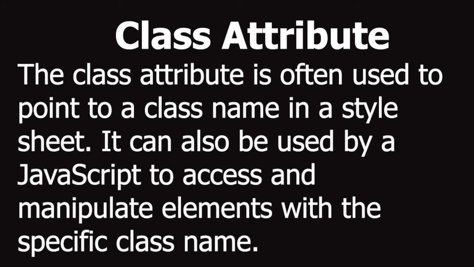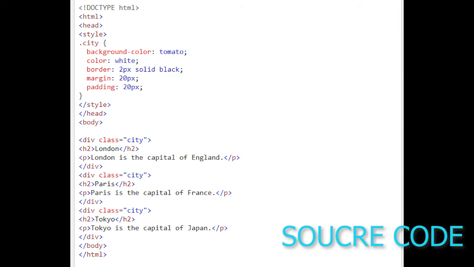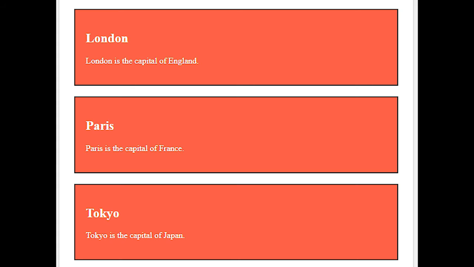In the following example we have a div element with a class attribute with the value of city. For example, <!DOCTYPE html> <html> <head> <style> .city { background-color: tomato; color: white; border: 2px solid black; margin: 20px; padding: 20px; } </style> </head> <body> <div class="city"> <h2>London</h2> <p>London is the capital of England.</p> </div>